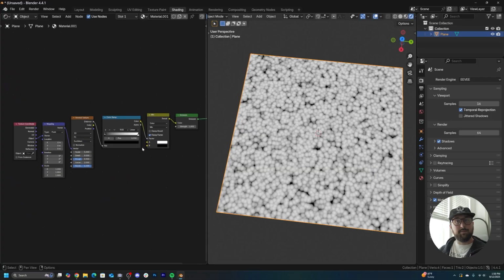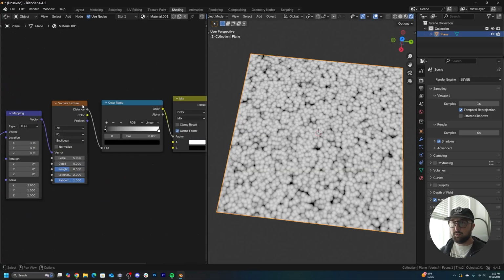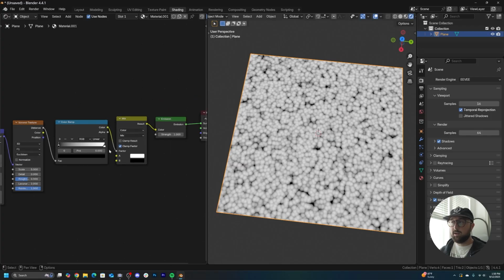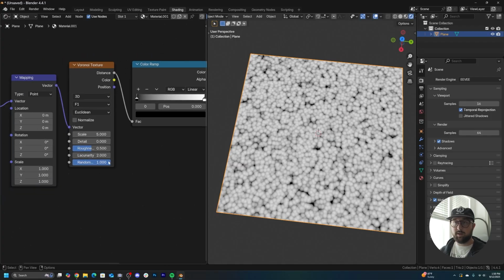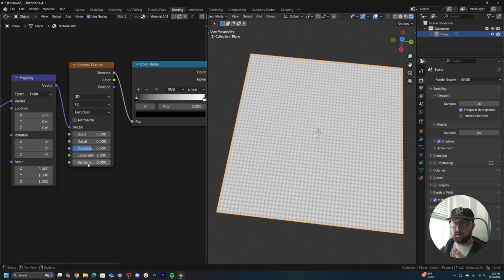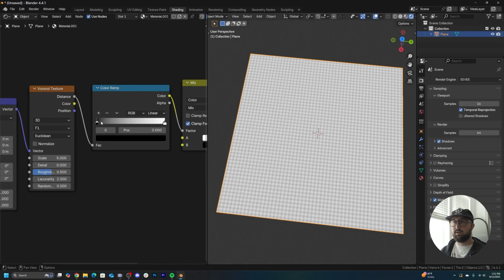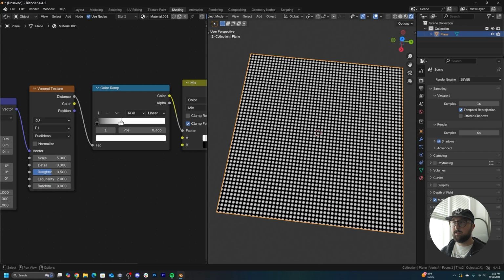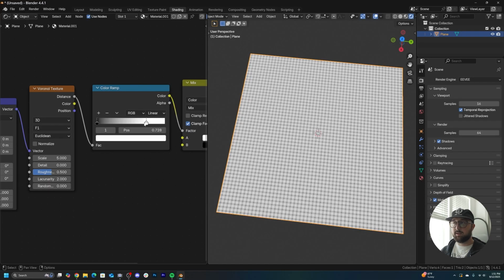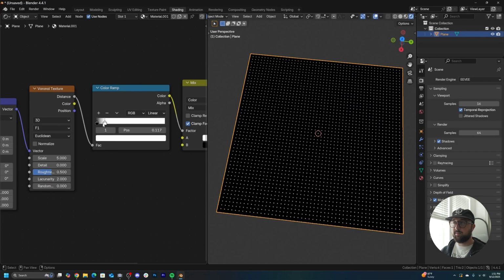Okay, so if you don't have this, get a texture coordinate using the object, a mapping, a Voronoi using the distance, color ramp, mix. So what we're going to do to make this a grid is go from random, bring your random to 0. Then you can take the color ramp and shape this stuff. So what you can take is the color ramp and bring it in, and now you have a grid of